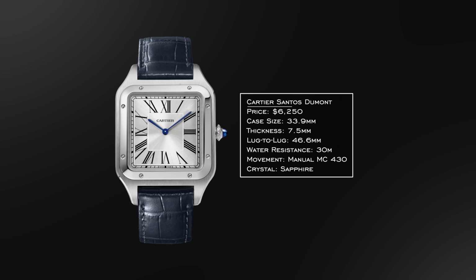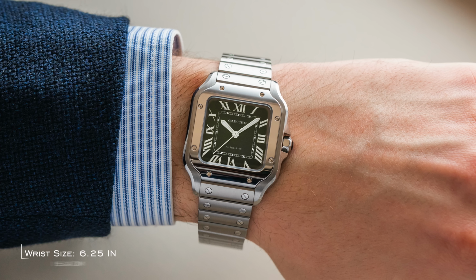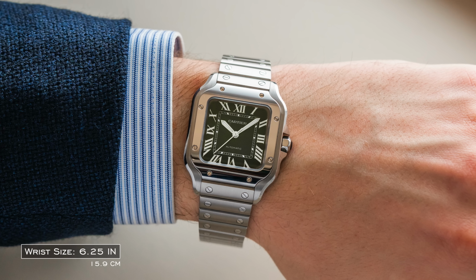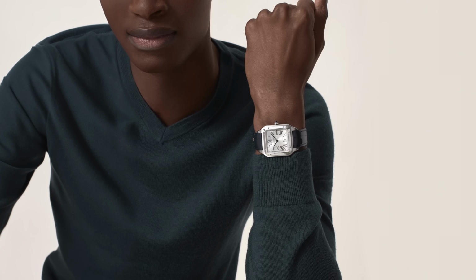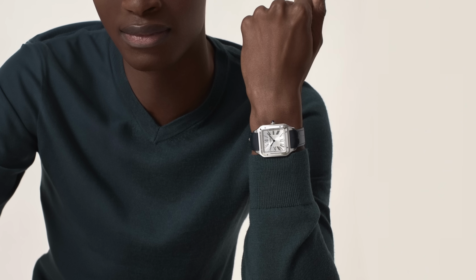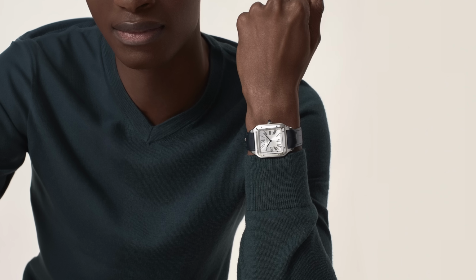For our next piece, we have the Cartier Santos Dumont, and I was questioning whether or not to put this in the dress category or not, but I think it fits for this particular version of the Santos. If you're looking at the Santos de Cartier, I think that has some sporty upside with 100 meters of water resistance. In this case, 30 meters of water resistance, classical with its Roman numerals and its crown and how this